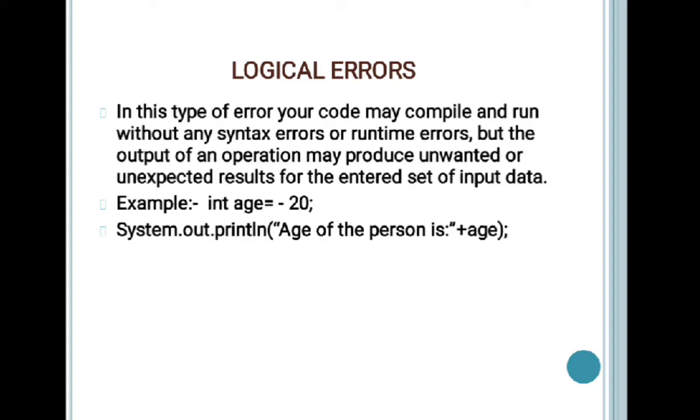So this is a very basic question where आपने कोई long सा program बनाया, ultimately your distance is coming in minus. So this is not the correct thing. That means you have not put in the correct formula. Like आपको addition करना है, in place of addition you have put subtraction or you have placed multiplication. So these are the logical errors which are based on the operation. What kind of operation you are carrying out to find out the result. So this type of error might occur in your program.